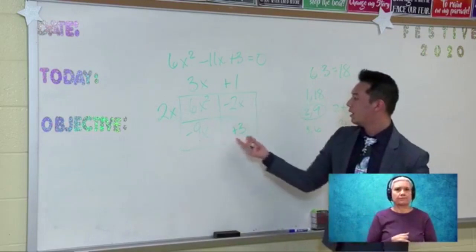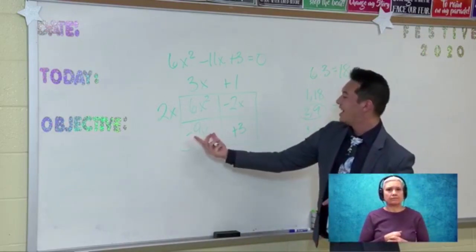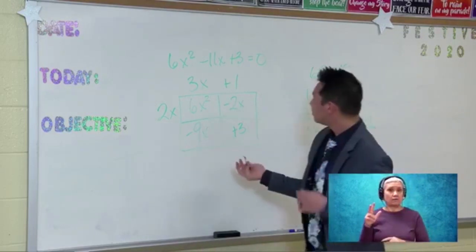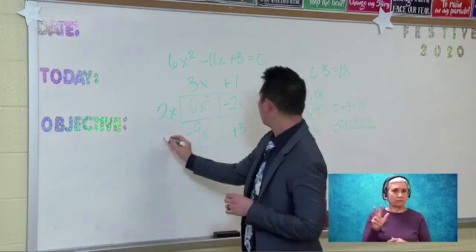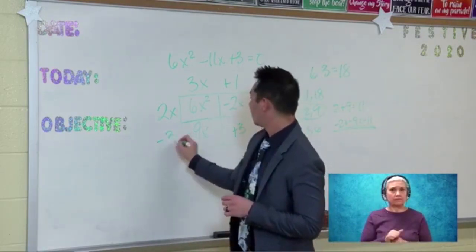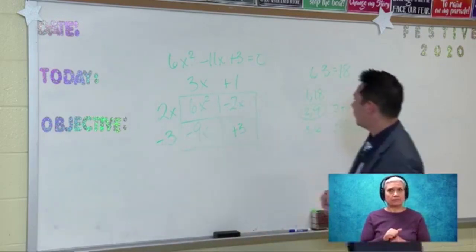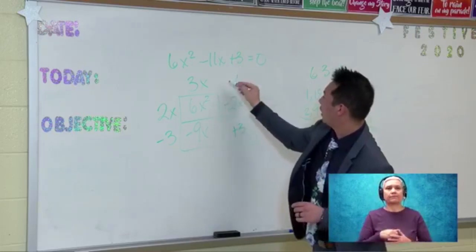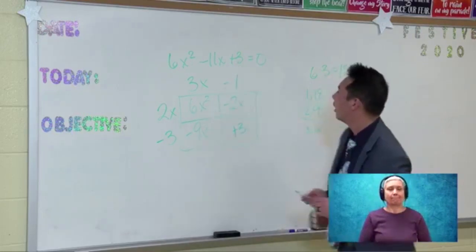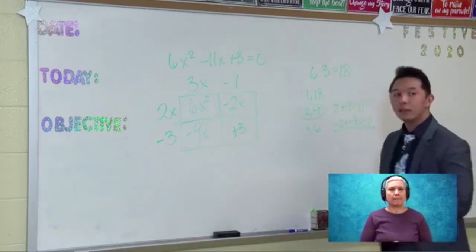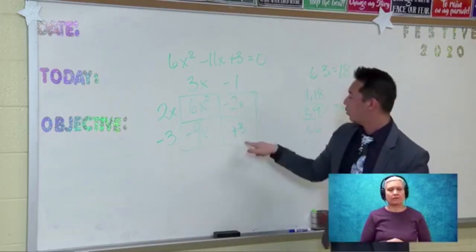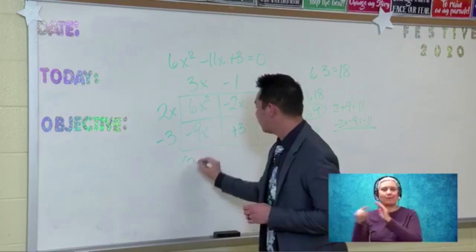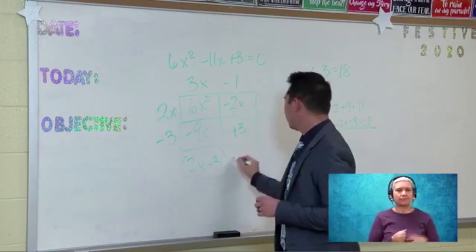And the greatest common factor here between our negative 9x and positive 3 is going to be negative 3. Oh, excuse me, this should be a negative 1. And so when we look at this, negative 3 times negative 1 gives us a positive 3, and everything else still works out. So now we've got these two expressions, 2x minus 3 is equal to 0,